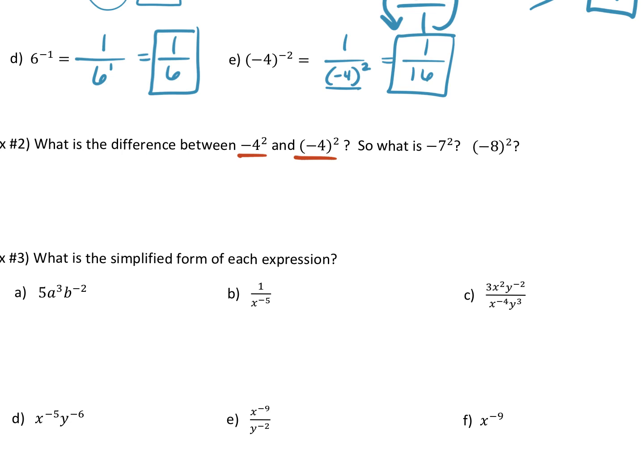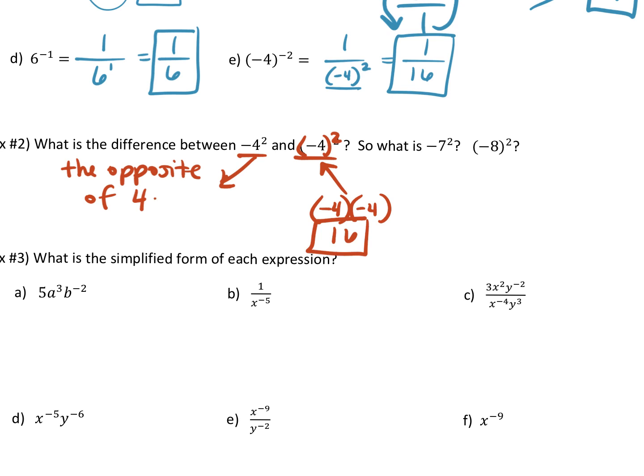You're multiplying -4 times itself. -4 times -4. So when there are parentheses and we're squaring it, should it ever be negative? No, because when you square a number, it is positive, right? So this is a positive 16, whereas this one is saying the opposite